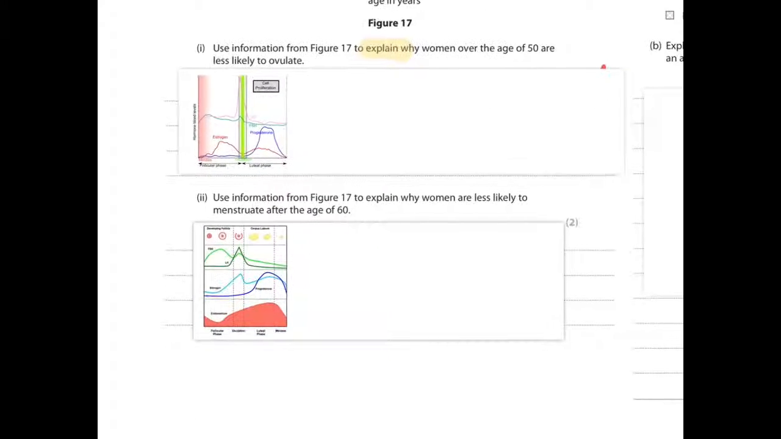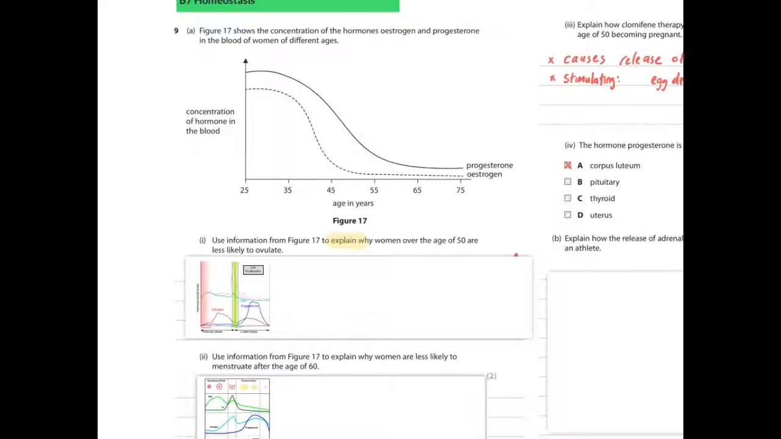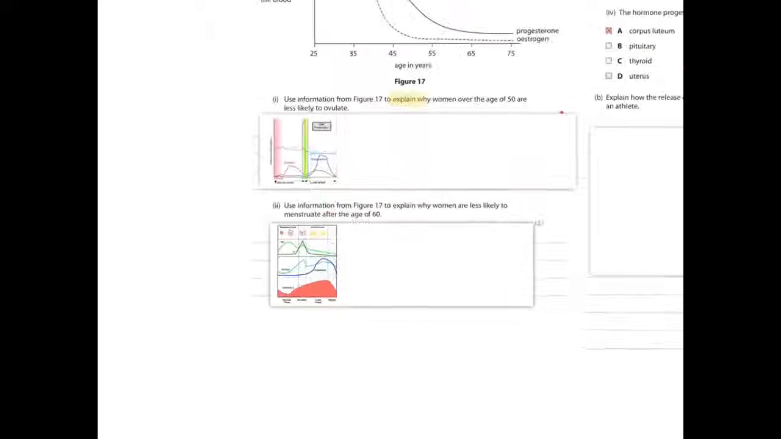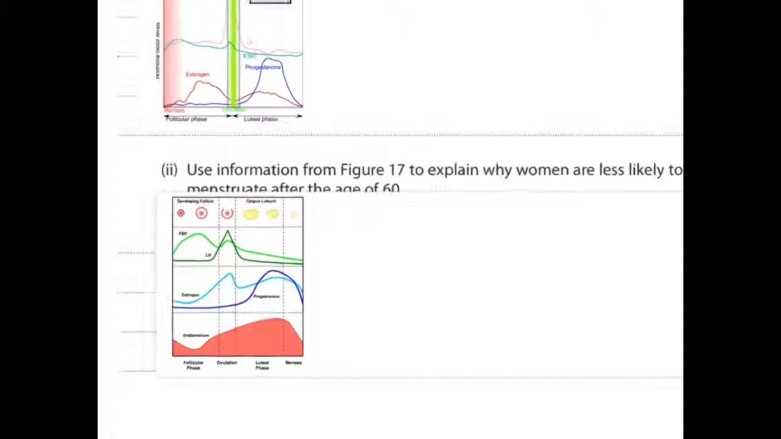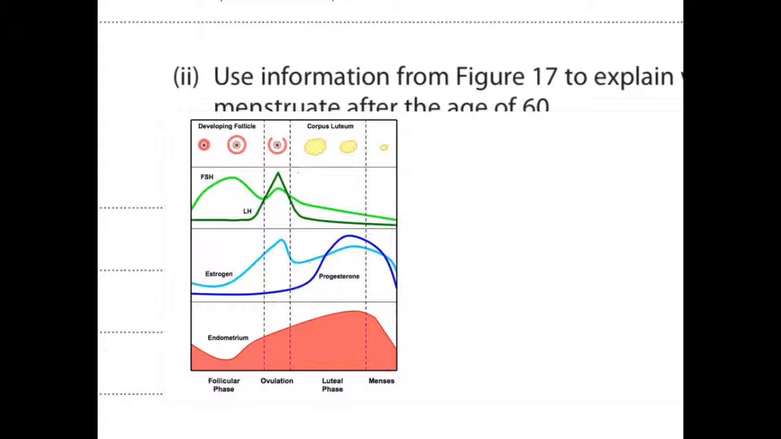Use the information from figure 17 to explain why women are less likely to menstruate after the age of 60. So after 60, which is here, both progesterone and estrogen are very low. Now let's have a look at the menstrual cycle. So basically, the low levels of these hormones, which help the build-up of the uterine lining, which is what's shed if pregnancy doesn't occur,